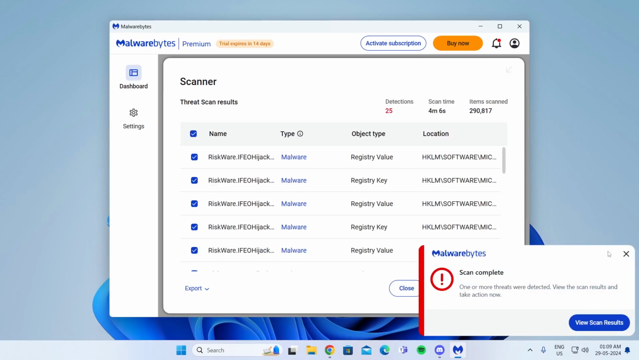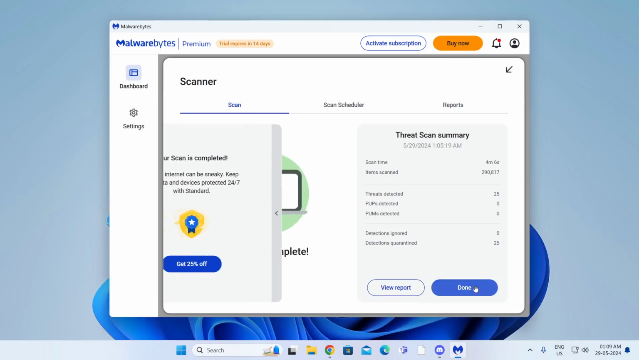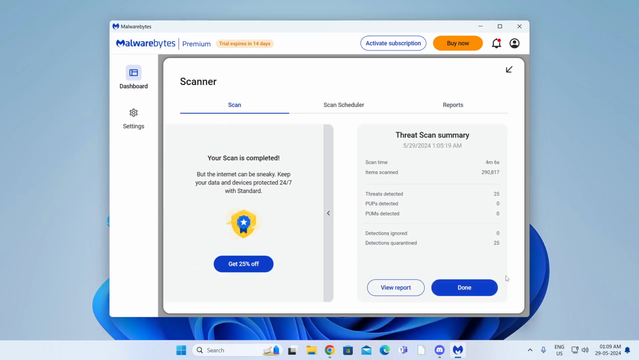And after the scan has been completed, just close this. Then just quarantine all the viruses. And done, you're safe. And that is how to find malware on Windows 11 laptop or desktop